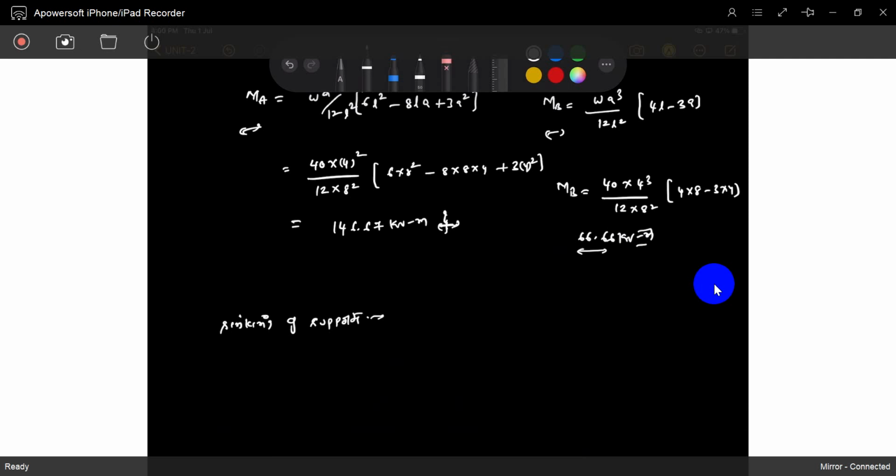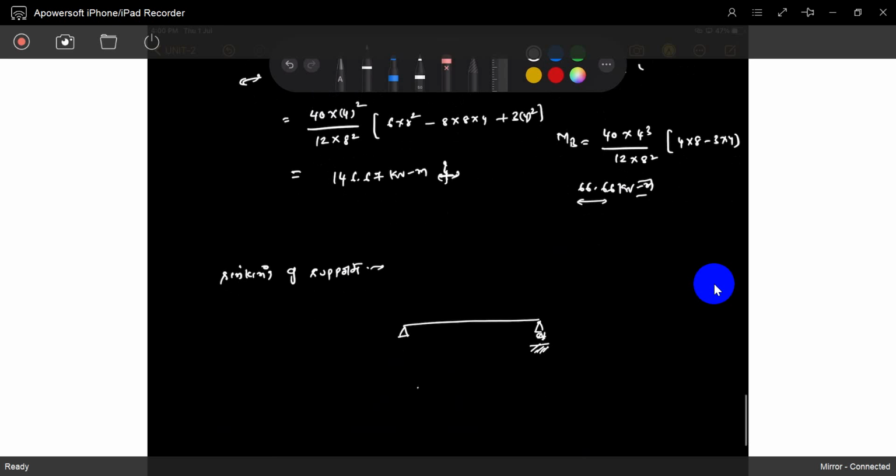What is the sinking of supports? If it is a simply supported hinge joint, and somewhere the slope, some earth conditions, maybe the earth is not stable here, it happens over 1 year, 2 years, maybe the support is sinking. If the support is sinking, what will happen? It will come like this. Understood? Sir, what is the problem? There is no problem, because this is a hinge joint. It can easily bend.